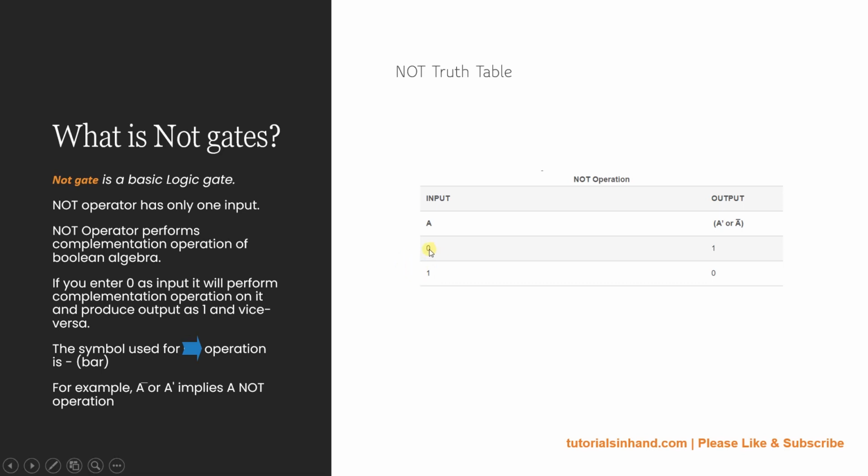That is, either we can pass 0 or we can pass 1, and the result is very simple. As we have already explained, the complement is the output. So the output will be the complement of the number that you see over here. If you have passed 0, then its output would be 1, and if you have passed 1, then its output is going to be 0. So this is the truth table for NOT gate. It is very simple, right? Its block diagram is also very simple, and the truth table is also very simple, and this is all about NOT gate.